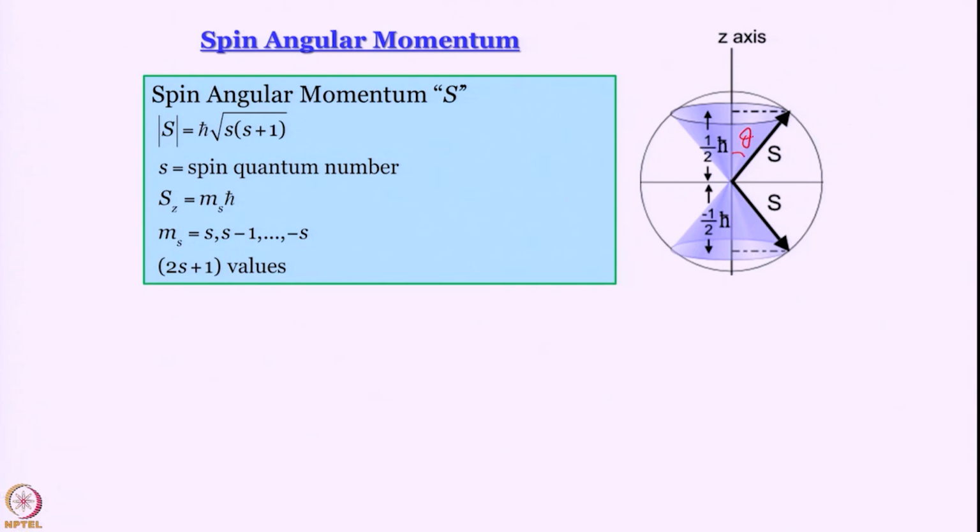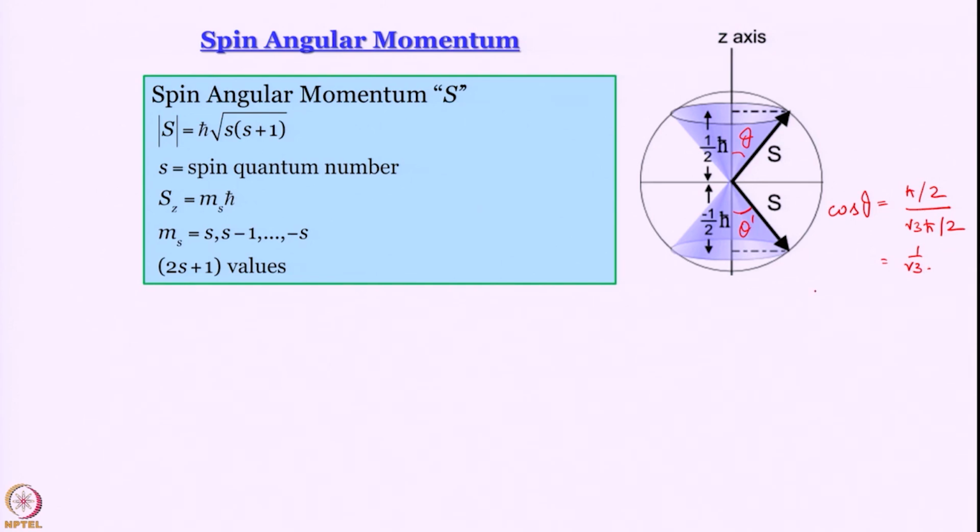What is theta going to be? Well, that is not very difficult to figure out, I think. Cos theta is going to be, well, I am just working with this theta. You can obtain this theta dashed by just subtracting the same value of theta from 180 degrees. So, cos theta, what is cos theta? That will be equal to h cross by 2 divided by root 3 h cross by 2, right, root over s into s plus 1, remember. So, that we are left with 1 by root 3,